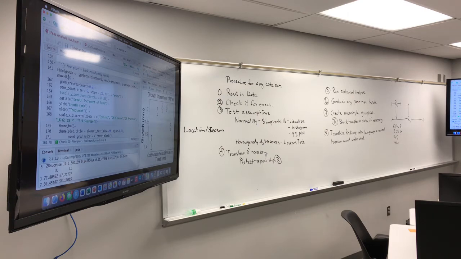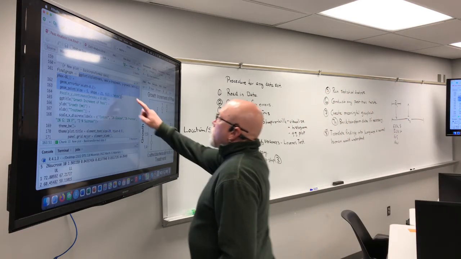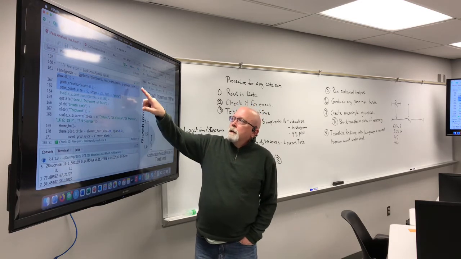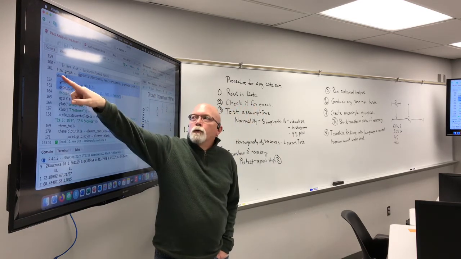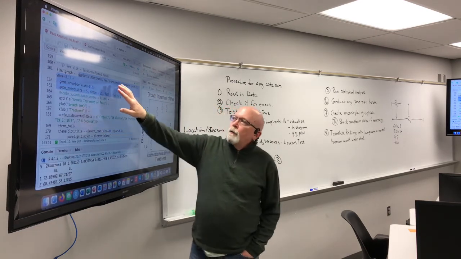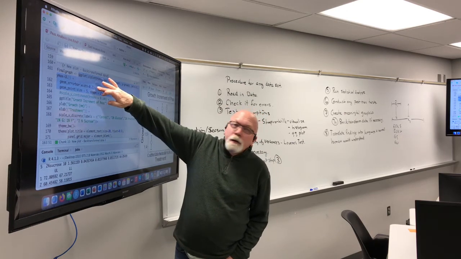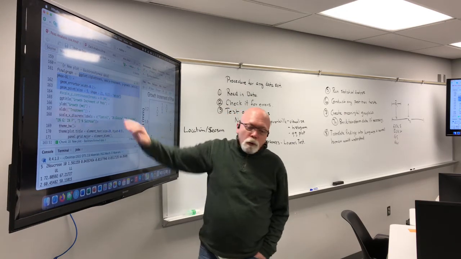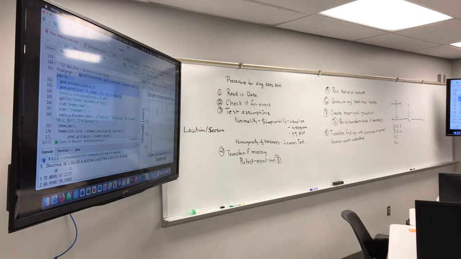One of the things that I like to do when I'm checking to see if code is running correctly is I'll just run the lines that I finished tinkering with. So in this case, what we did was we changed the variable that we're plotting and the confidence intervals around those means. So I want to run the first line, the second line that plots the error bars, and the third line that plots the means, just to give us a little check to see if the changes we made are actually